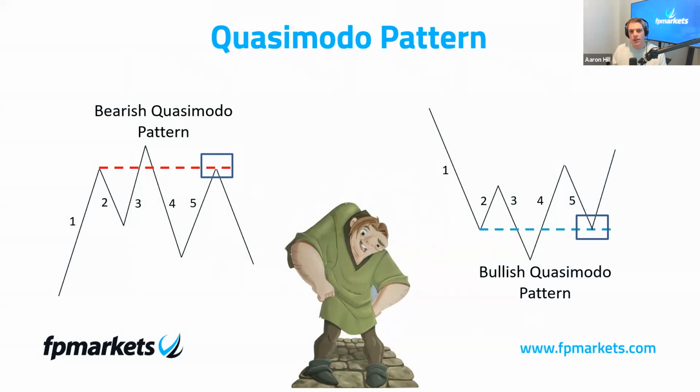So the first slide shows the QM pattern in all its artistic beauty, right? So in drawn form. We have the bearish Quasimodo pattern at this point and the bullish Quasimodo pattern to the right. And this is a pattern that's composed of 5 legs. So we have the initial leg 1, leg 2, 3, 4, and 5, okay?